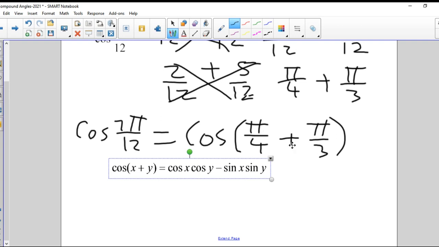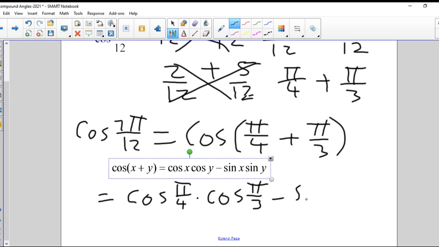Both of these angles, the pi over 4 and the pi over 3, are both in quadrant, yes, no, yes, Emily, good, quadrant 1. That makes it so much easier for us. It means that everything is going to be positive. So what is this equal to? Well, according to what this says, it's equal to the cosine of pi over 4 multiplied by the cosine of pi over 3